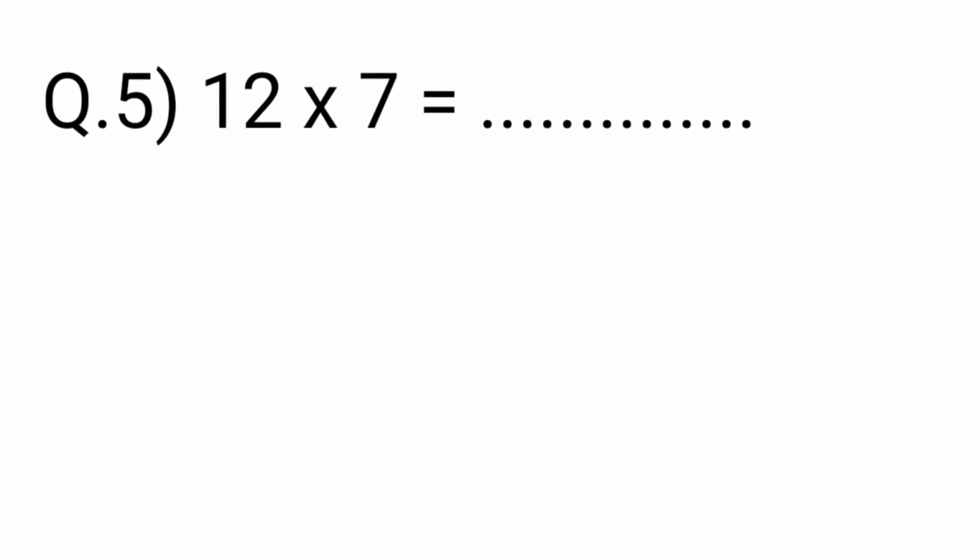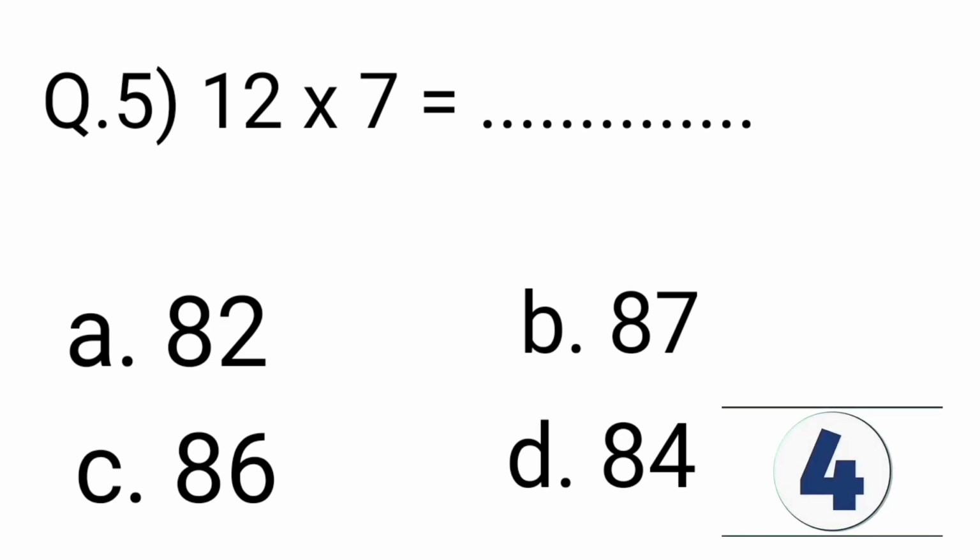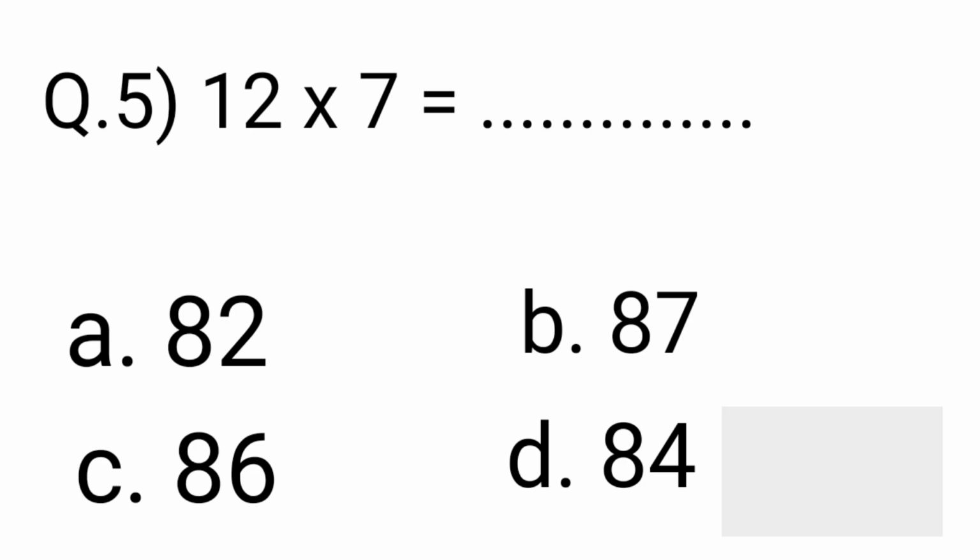Question number 5. 12 multiplied by 7 is equal to option A 82, option B 87, option C 86, option D is 84. The correct answer is